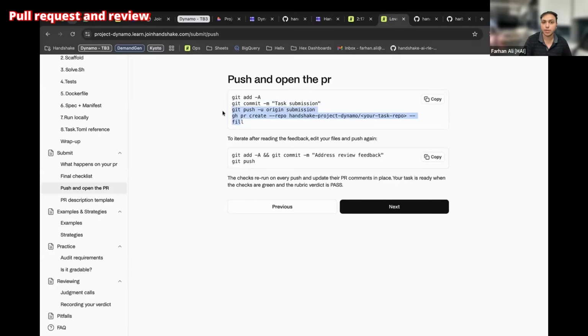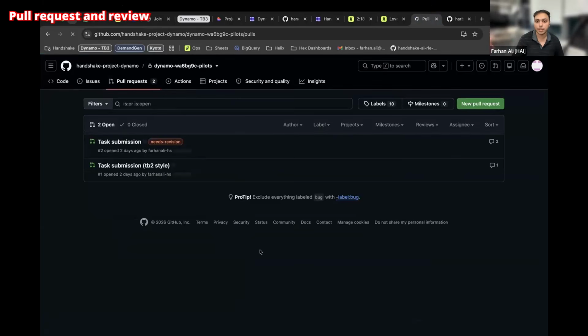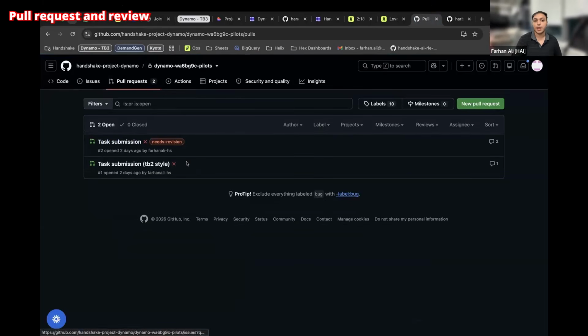So you can either use this command over here, or when you write push, you would see a message here on the top that says compare and pull request. You can just select that, and it would create a pull request. It would create a PR that looks something like this. So once the PR is created,